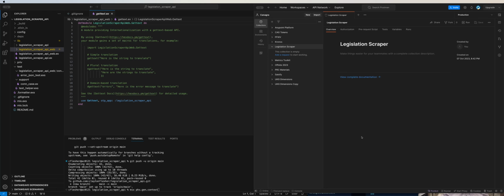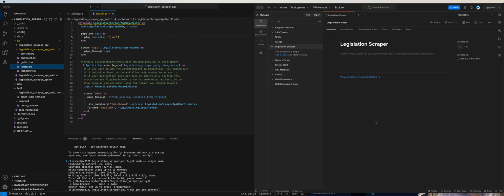New route. So let's create a route. We're going to create our first route. So we're going to go to our router, and we're going to create a section. Okay. The route for our welcome page looks like this: get slash, page controller, home. We don't have one of those. All right. So this is what it would look like. Pipeline browser accepts HTML, plug fetch session, blah blah blah. Pipeline accepts JSON, scope